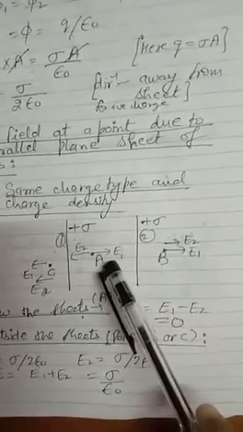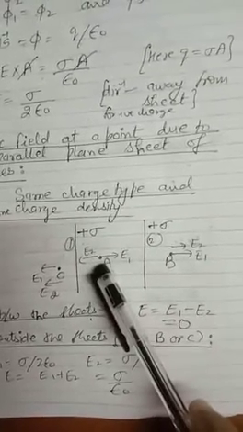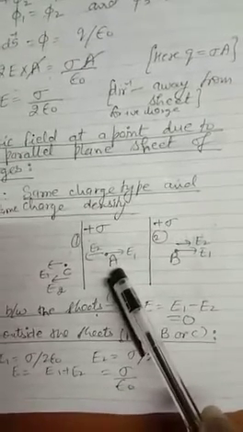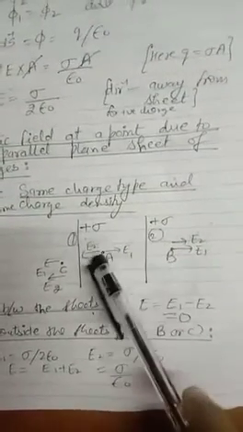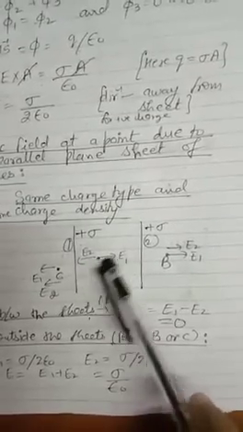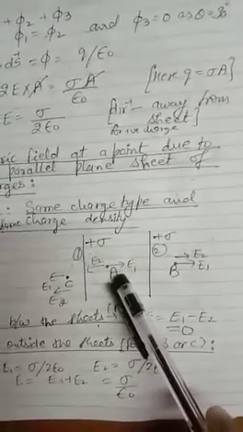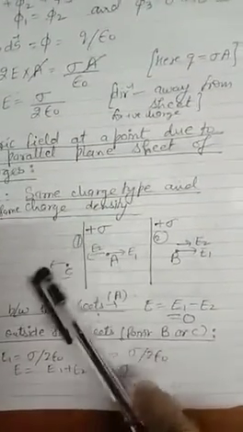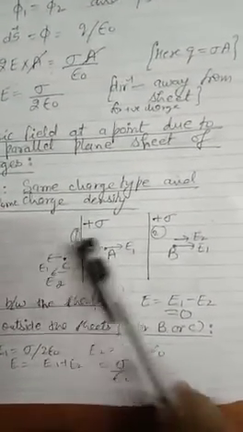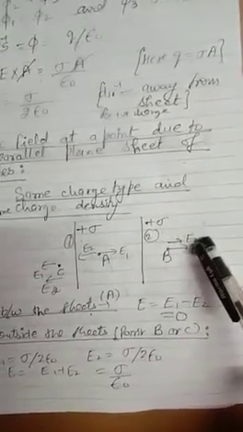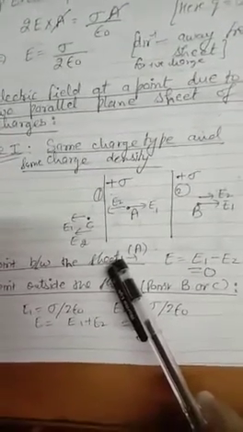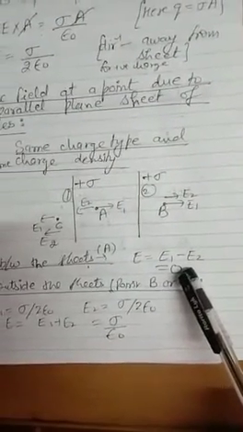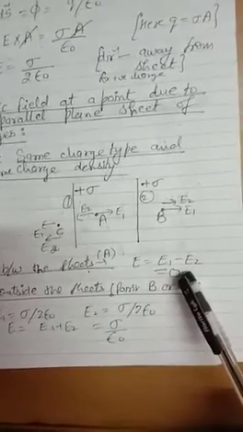Now if you see at point A, the rule is simple: place the test charge. In this case, the test charge is positive, so the first sheet will repel it and the second sheet will also repel. So the direction of electric field due to these two sheets is opposite for the point lying between the sheets. Whereas outside, both the sheets are repelling, the direction of electric field is the same, and on the other side also the direction is the same. So we can say the net electric field at a point between the sheets is E1 minus E2. The value is 0 if the surface charge density is the same for the two sheets.